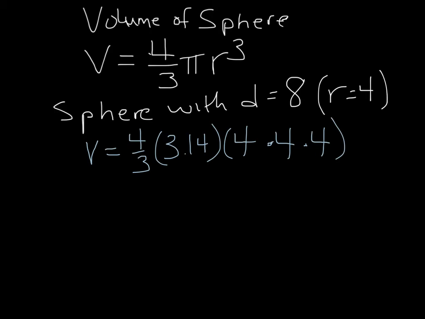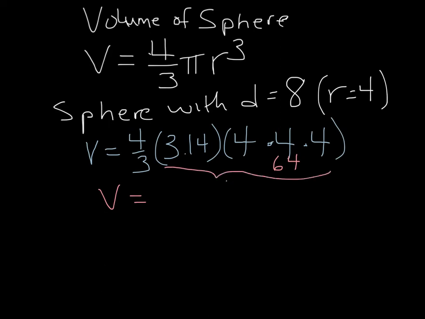So let's go ahead and we'll just talk this one out. So our volume is equal to, I'm going to do 4 times 4 times 4. That's 64. I'll just make a little note right there. So 64 times 3.14, that's